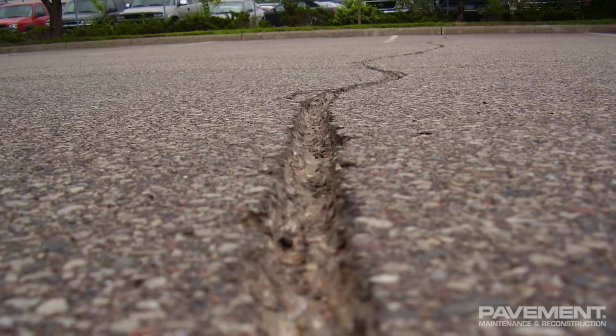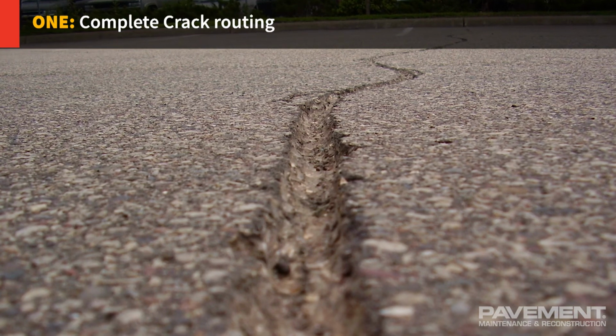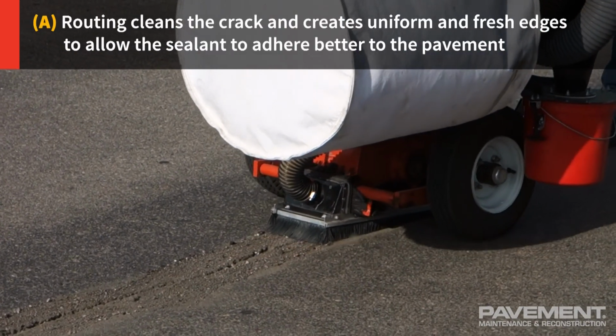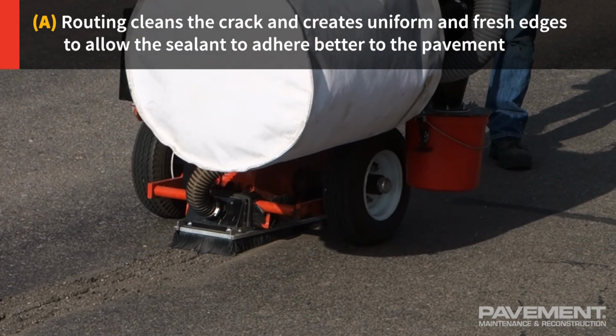Here are the 5 steps to proper crack sealing. 1. Complete crack routing, only if crack sealing. Routing is important for 2 reasons. A. Routing cleans the crack and creates uniform and fresh edges to allow the sealant to adhere better to the